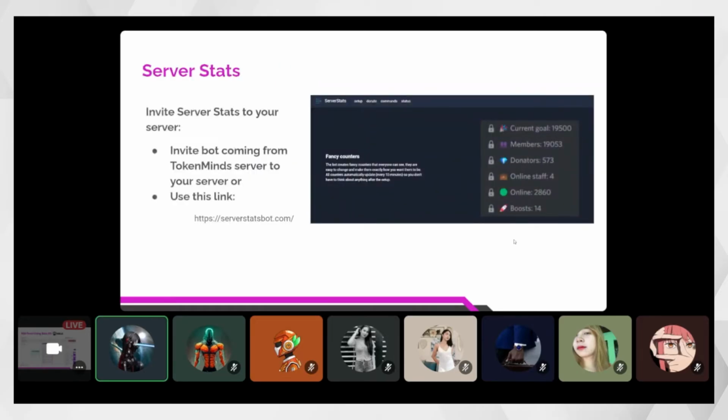So with server stats, for some people, oh, how do they put the number on top of the server? How do they show how many online members are on this channel? So this is something cool. This is actually done using the server stats bot. So just invite the server stats bot to your server. For example, you can look for the server stats bot here in our server right now, and then add it to your own server, or use this link,